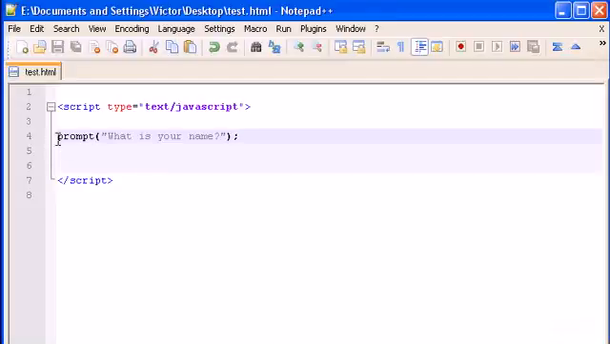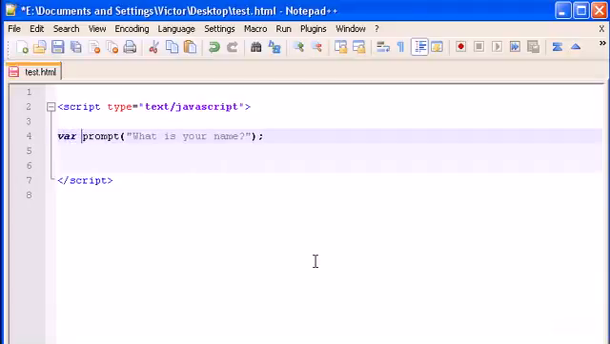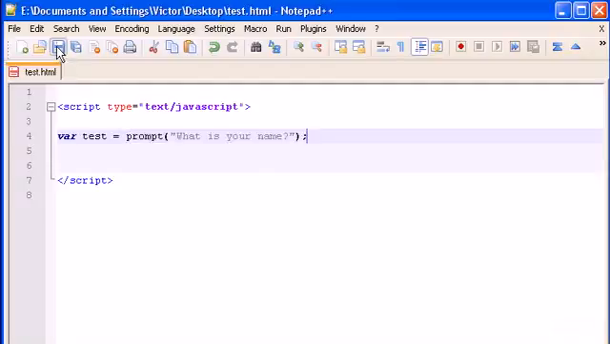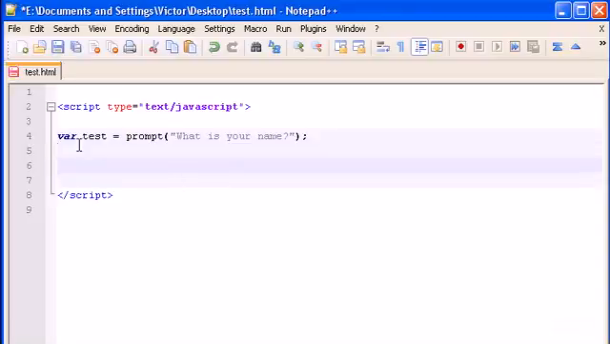Okay, to make the prompts useful we have to put the prompts inside variables, and we do that like this. Variable, let's call it test, equals, and then the prompt itself. Okay, so now what happens here is whatever we type in the prompt, in this case our name, it will be stored inside the variable test. Okay, and then we can output the variable test to see the content. Okay,